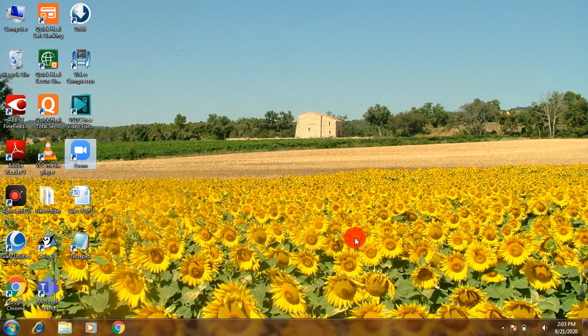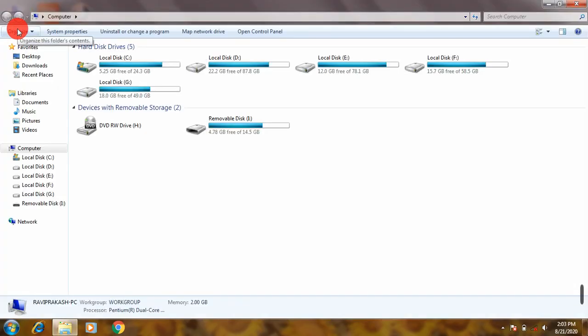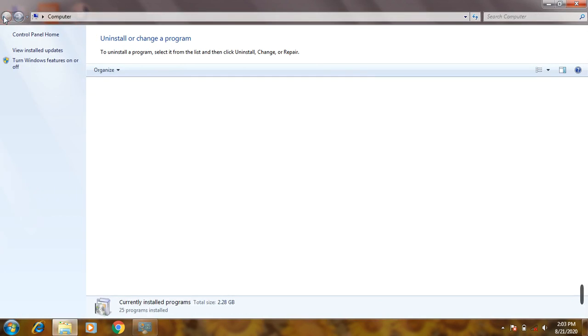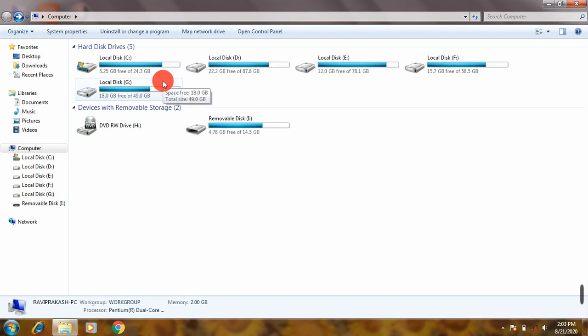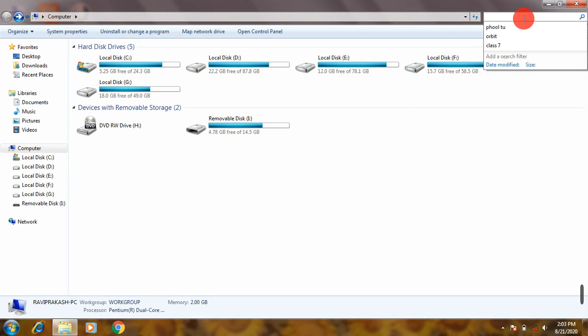So here on the icon, if you double click, that particular application will open. Now I am going to show you some more GUI elements. You can see here these are the buttons upon which you can click to do any operation in your computer. And here you can see a text box where you can type to search anything. All these things are a part of this graphical user interface.